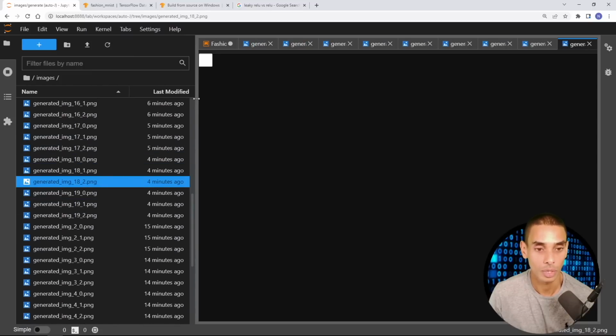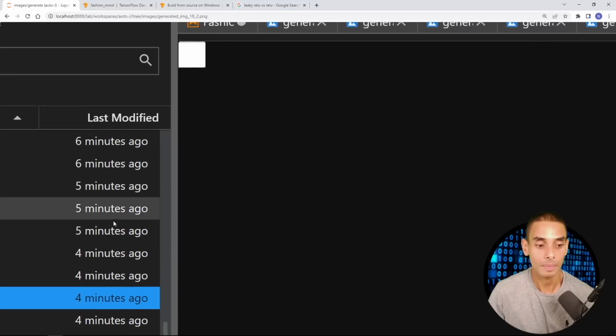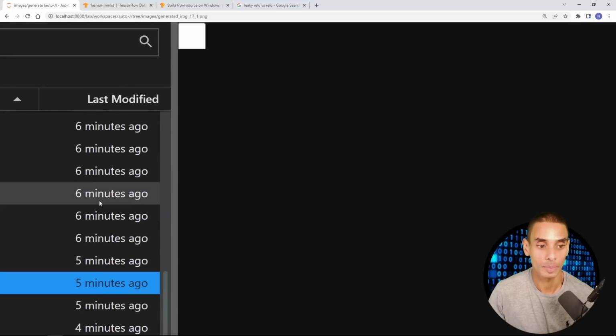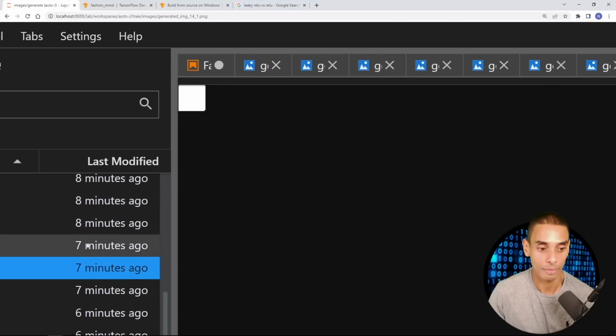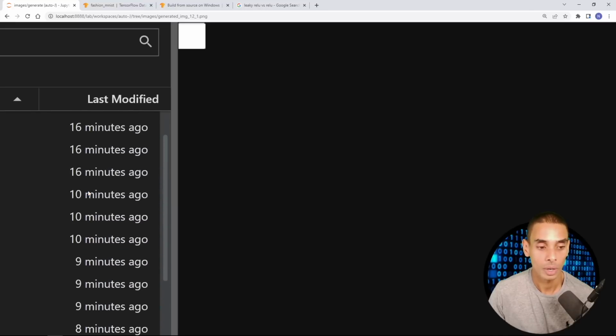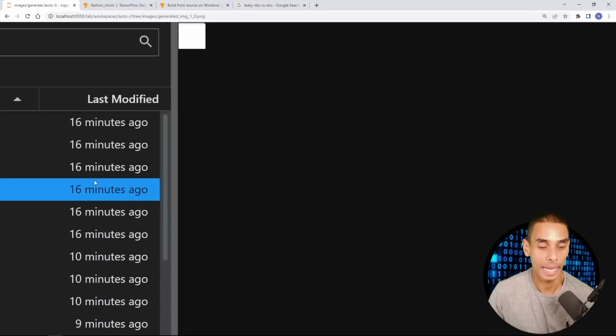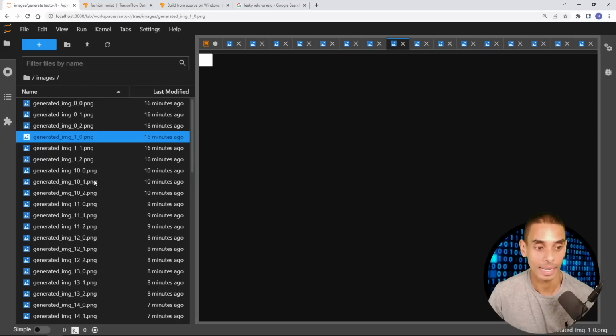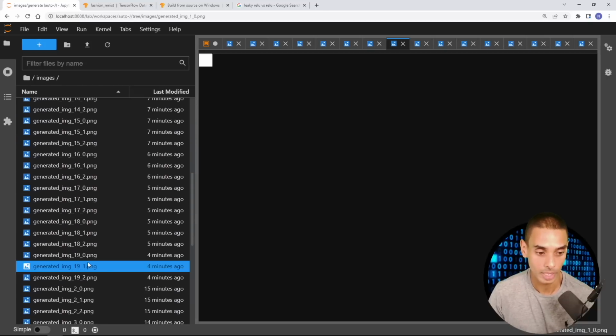All right, so you can see we've got some dots. Let me zoom in. You can see we're getting images, but right now they're white, which is a really poor indicator of performance. These are bad. But again, as you train for way longer, you're going to start to get significantly better performance, because you can see